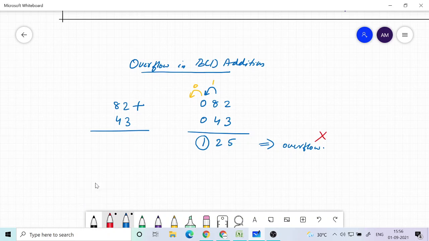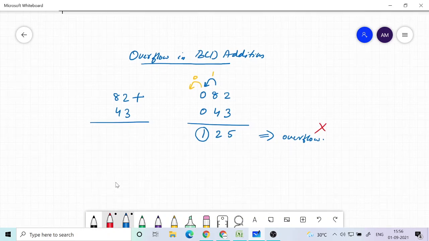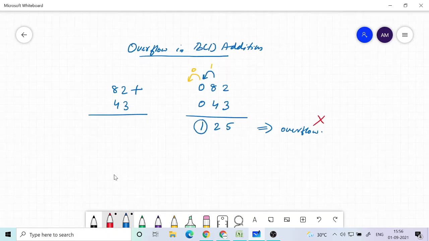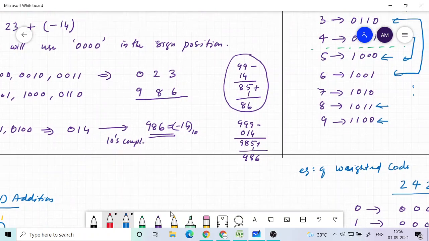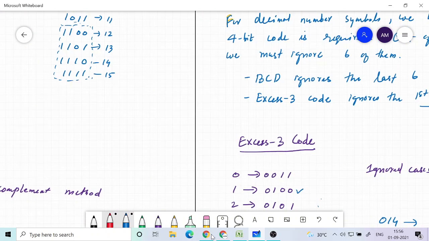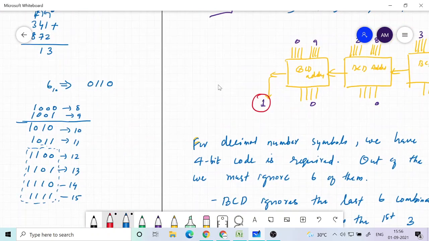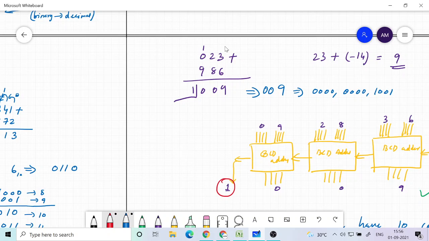Now the other way in which overflow can happen. The other result that we computed, adding a positive and a negative number, there was no issue. Here the carry came and we discarded it, and the result is correct.